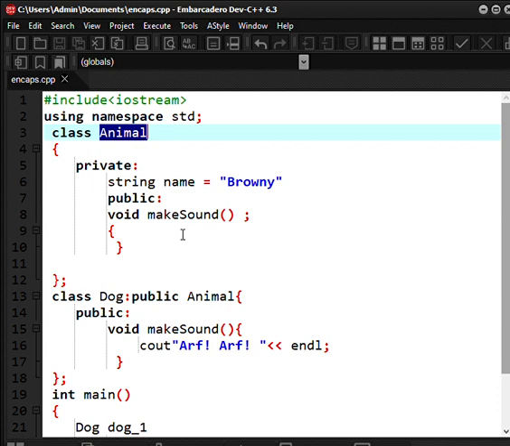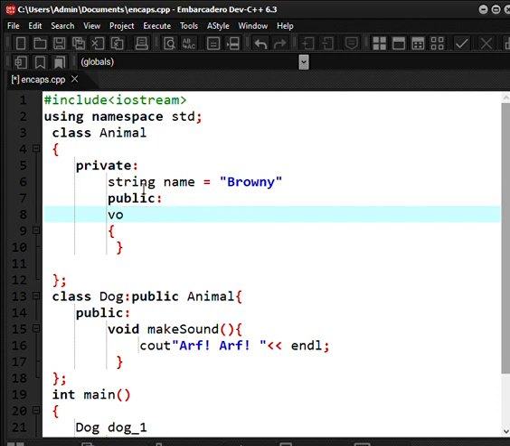To fix the problem, let's remove this and make it a pure virtual function. Let's say virtual void and make sound function, and declare equal to 0 and semicolon.